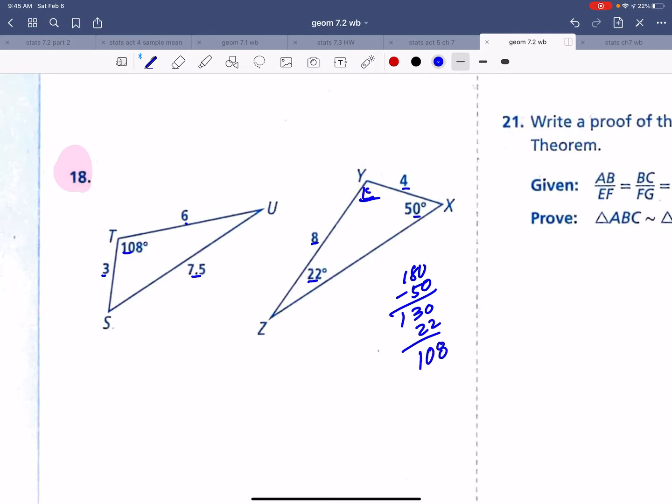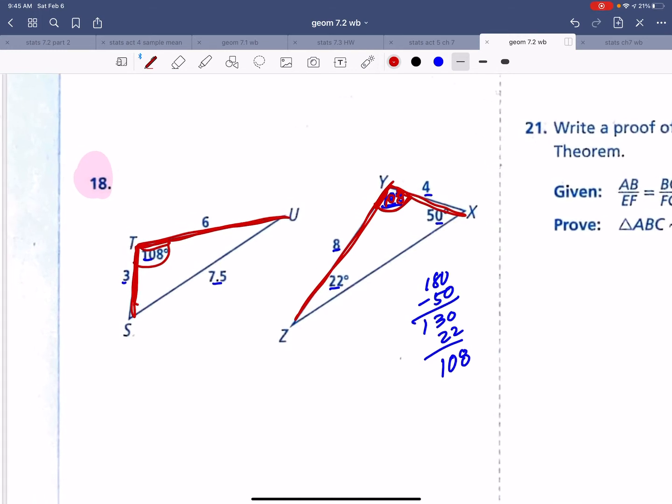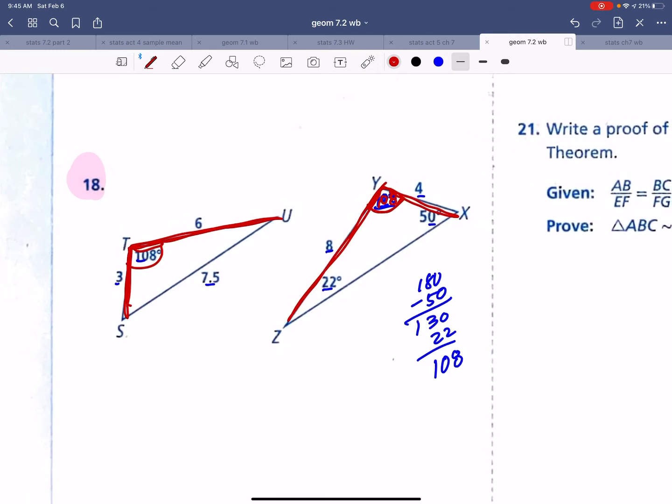All right, so this is 108. And that's actually helpful, right? This angle matches, this angle matches. So I can actually take 2 of the sides and use the side angle side similarity theorem to see if these equal the same ratio. So when I do side angle side,